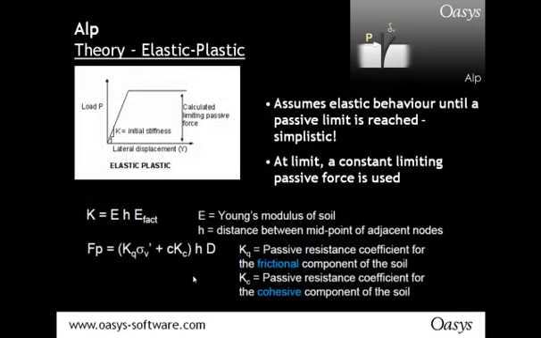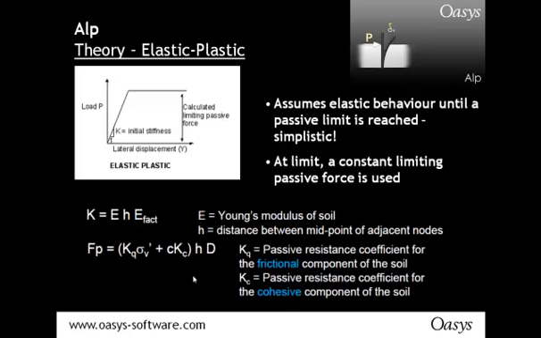So two soil models are available, and we'll start with the elastic plastic model. The elastic plastic model assumes elastic behavior until the passive limit is reached. So it's quite simplistic for a soil. Once the passive limit is reached, ALP applies a constant pressure on the pile and the load moves further down the pile. So initially, before the passive limit is reached, we need to know our K value or initial stiffness,